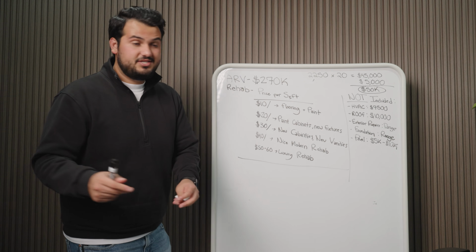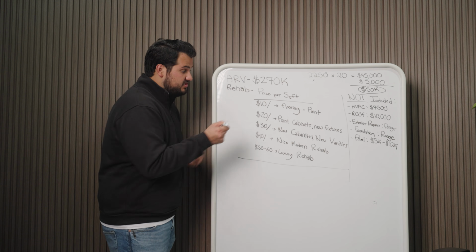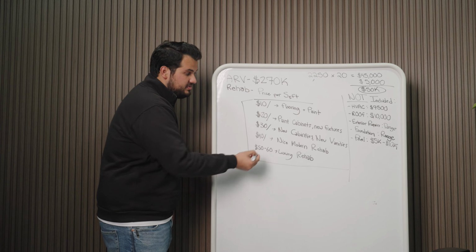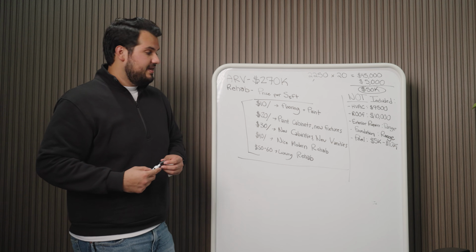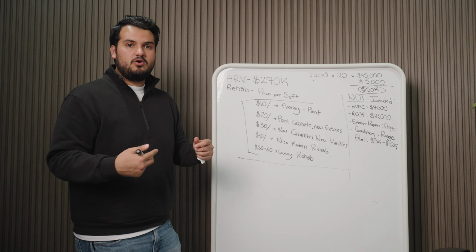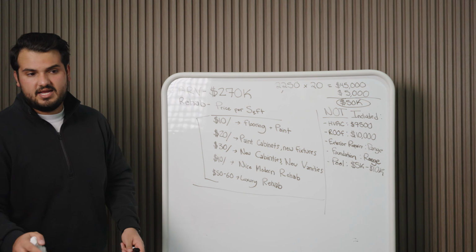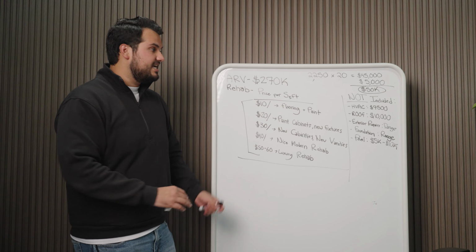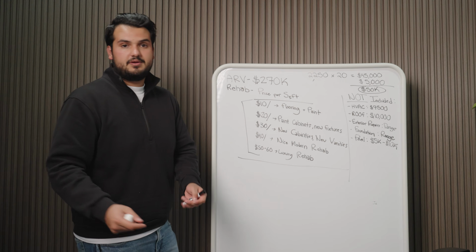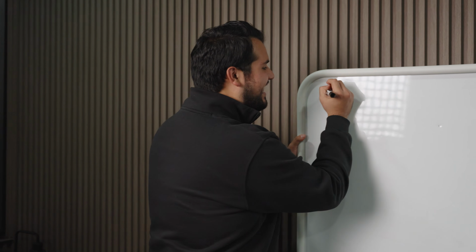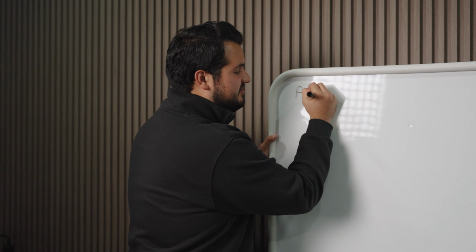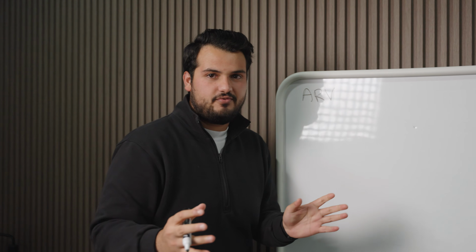I highly encourage that you guys take a screenshot of this because this really is the framework I use on every single house that I underwrite, and it's proved to really help me nail down my rehab numbers. Is it perfect? Absolutely not, but it's a great framework to get you in a really accurate ballpark. Okay, so now we have the variables we need to finally get to what we've all been waiting for, the number that we can either buy or lend on this.